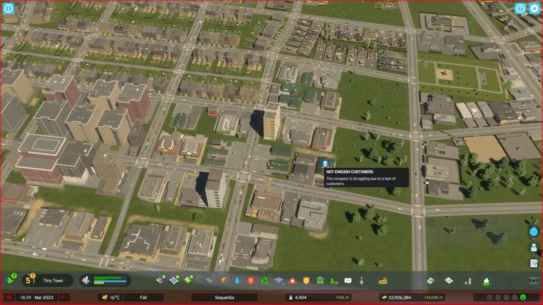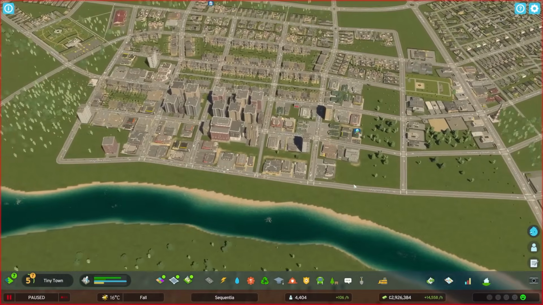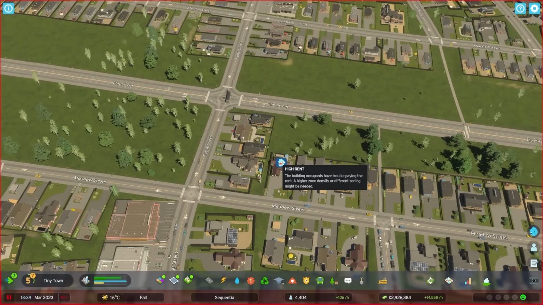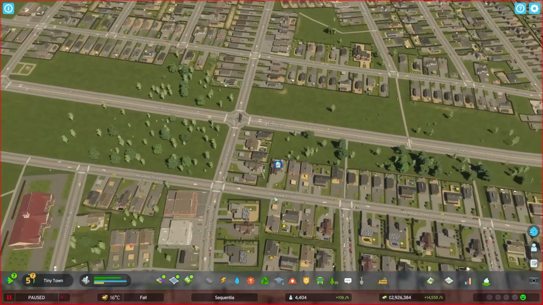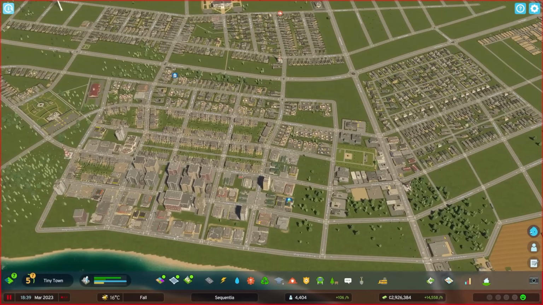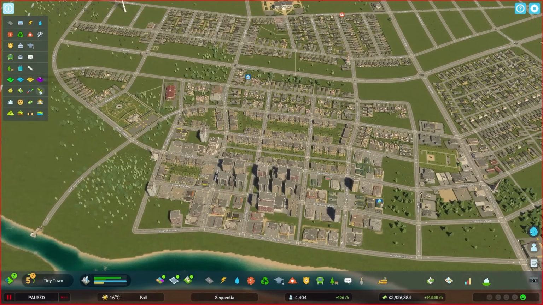This building does not have enough customers. Cool, identified. This building is paying high rent currently, which means that it's the wrong density of zoning. So it needs a higher density zoning to make up for that property value, which is affecting their...